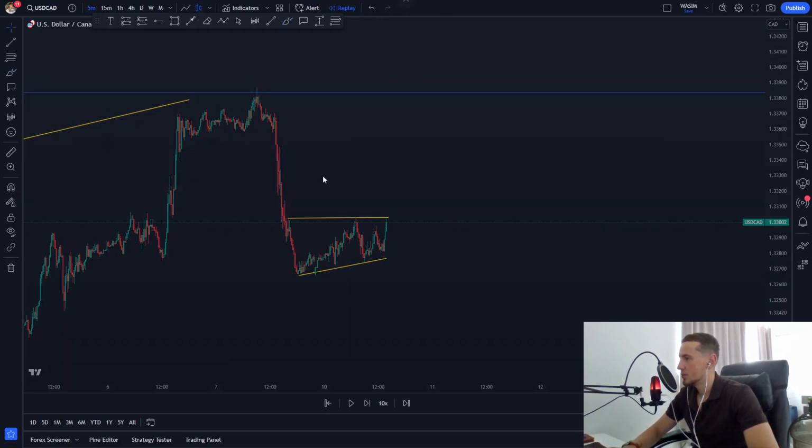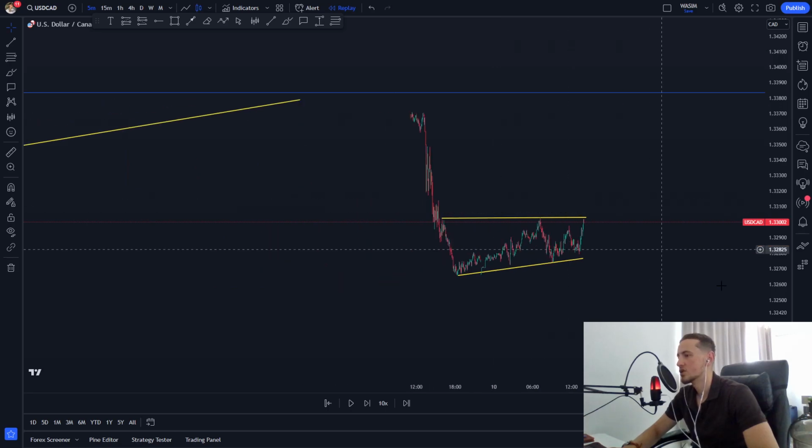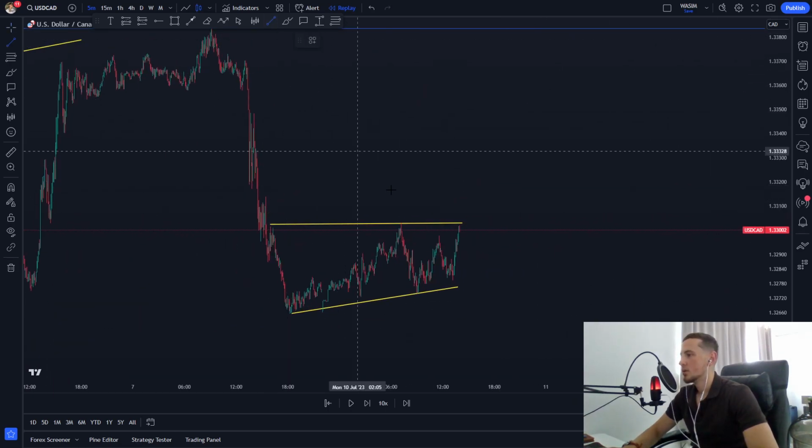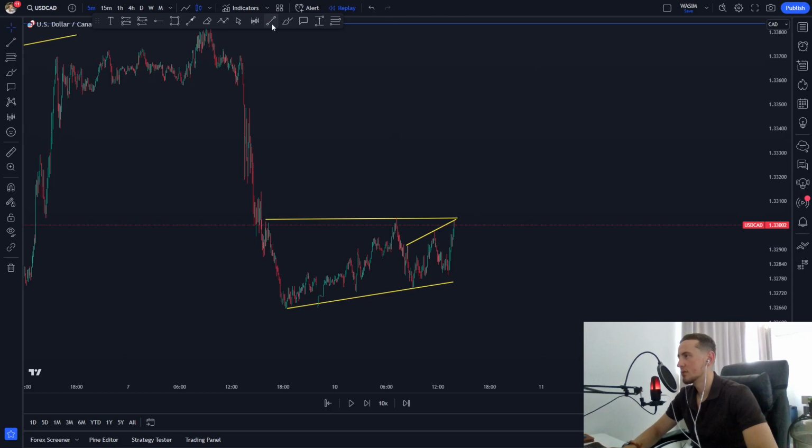So dropping down to the 5 minute, just so we can see the structure a bit more clearly. You can see here, very clear 3-touch structure into that scoop. So all we were waiting for now